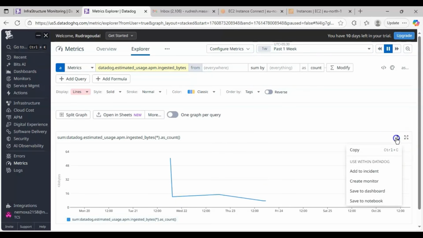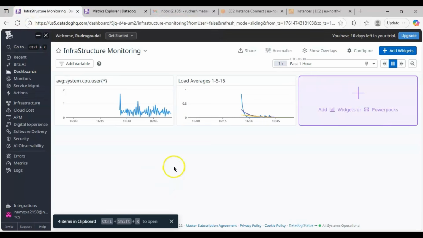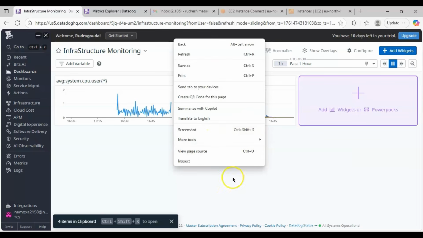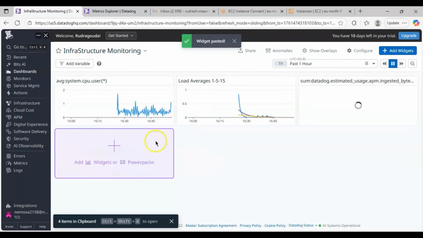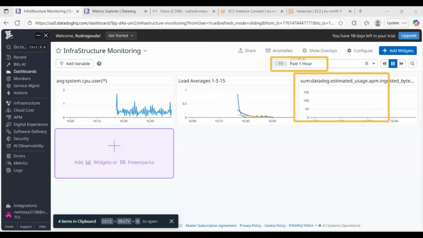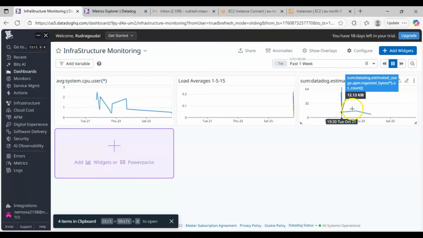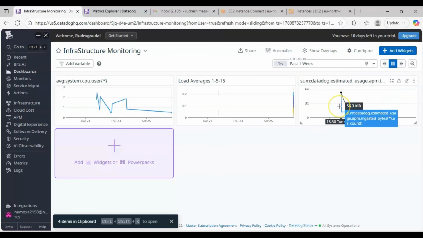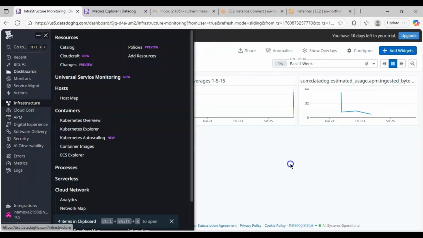So now I'll click on this export option, then click on copy, and again I'll go back to my dashboard section and paste here. That's it. Once you do Control V, you are able to see the data here. Right now, this particular information is empty because I have chosen last 1 hour. Let me make it last 1 month or last 1 week so that you are able to see the data here as well. Okay, from the metrics also you have added, from the infrastructure also, and